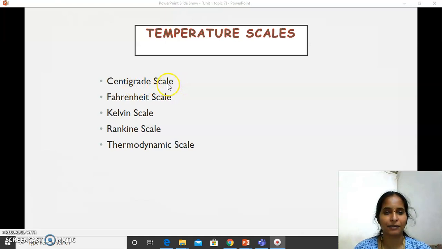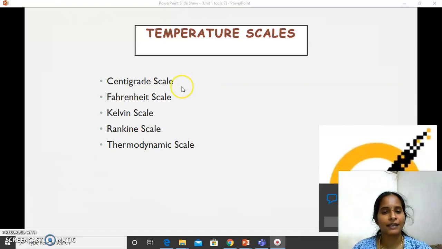The centigrade scale is nothing but where we are taking 0 degrees Celsius as the ice point and 100 degrees Celsius as the steam point of water, being taken as datum points here. And for the Fahrenheit scale, I have already told you, 212 is taken as the steam point, and at the interval of 180 degrees Fahrenheit you will get the final datum point of the Fahrenheit scale.